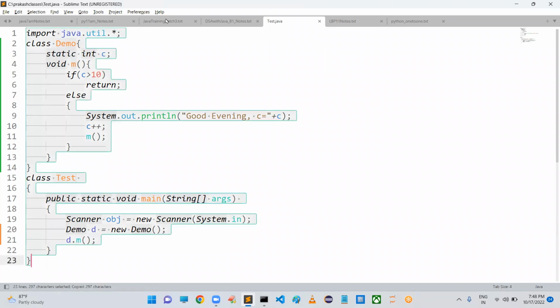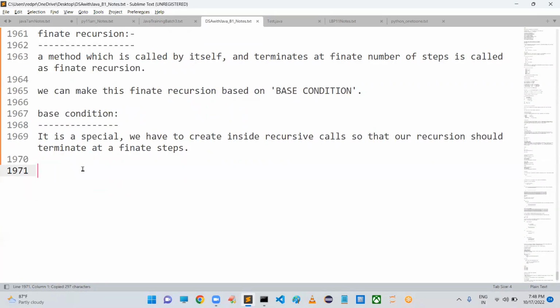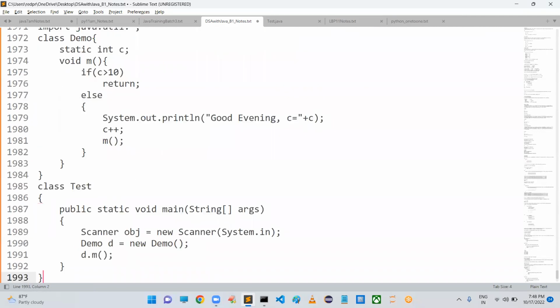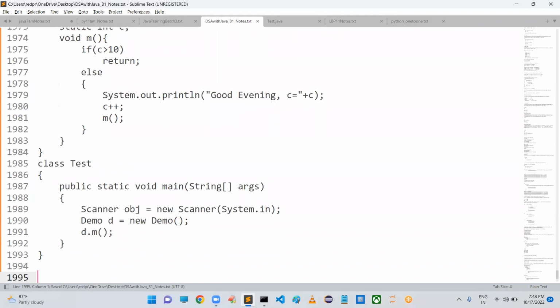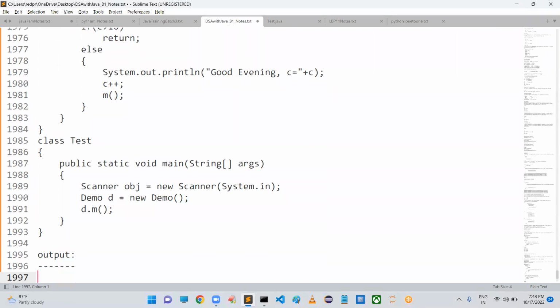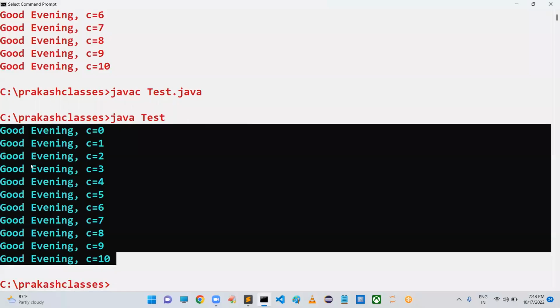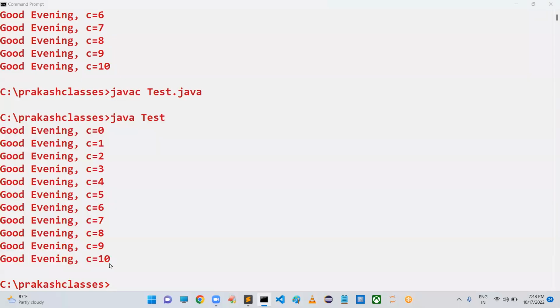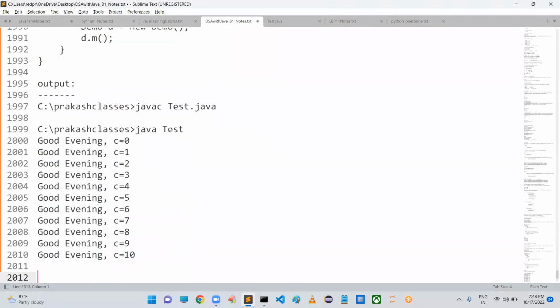So this kind of recursion is called finite recursion. Base condition is very important for this kind of recursion. Totally, how many types of recursion are there? Two types. One is infinite recursion, which we won't use in our programs.